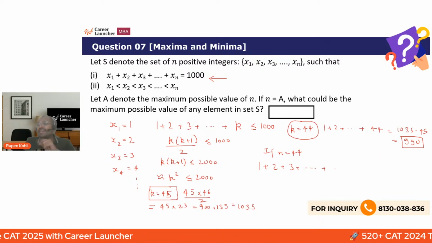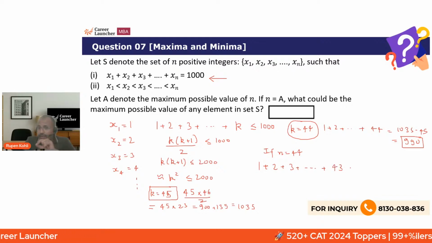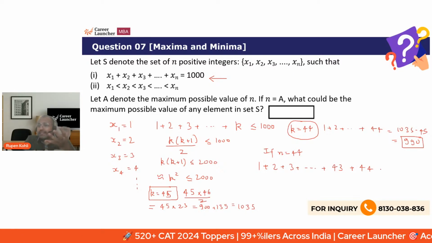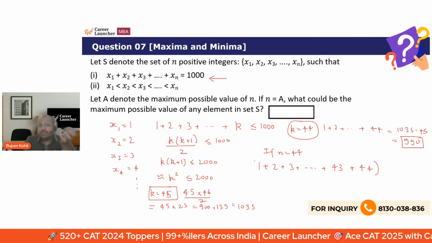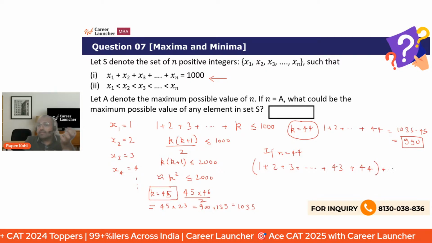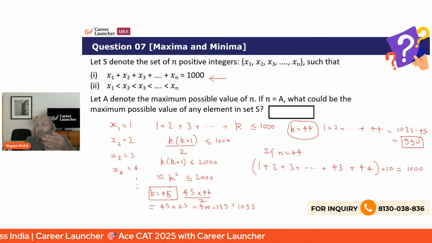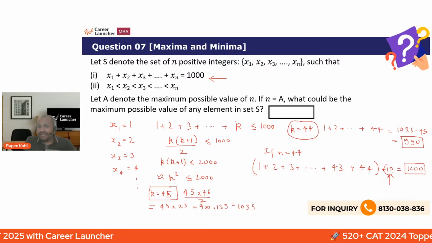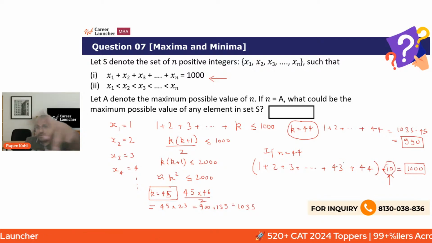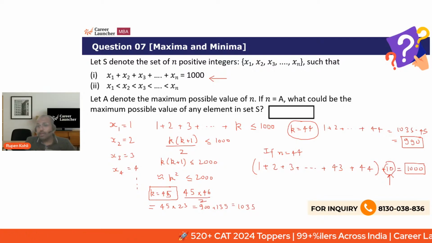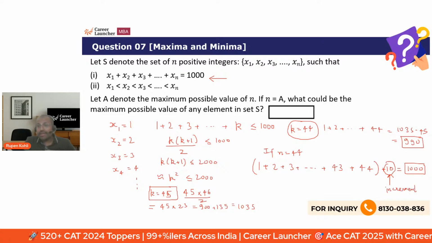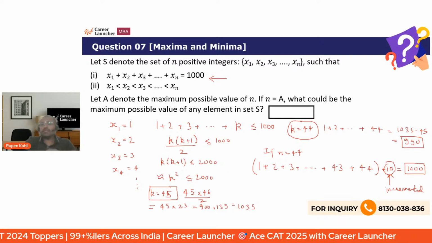So the thing is, to these 44 integers that you have written from 1 to 44, you need to add something to enable it to reach the exact value of 1,000, which is that you need to add a 10. And this 10 cannot be a separate integer, because remember 10 is already included in this list of numbers. So this 10 is that incremental value which needs to be adjusted by distributing amongst the remaining numbers.